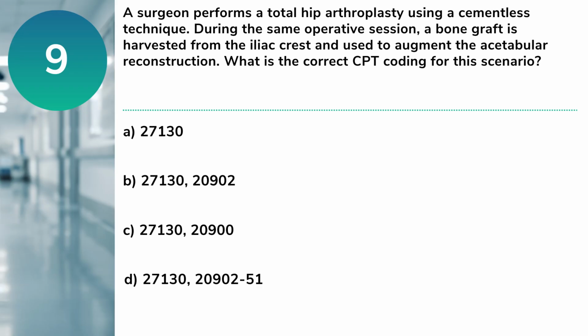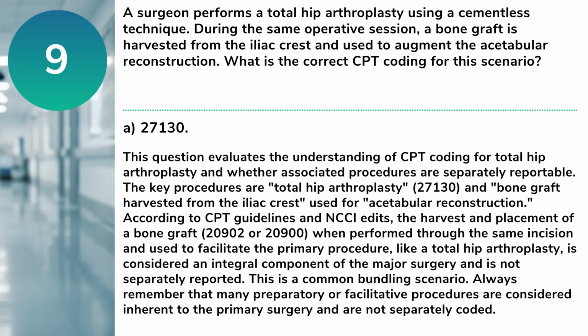27130-20902-51. Answer: A. 27130. This question evaluates the understanding of CPT coding for total hip arthroplasty and whether associated procedures are separately reportable. The key procedures are total hip arthroplasty, 27130, and bone graft harvested from the iliac crest used for